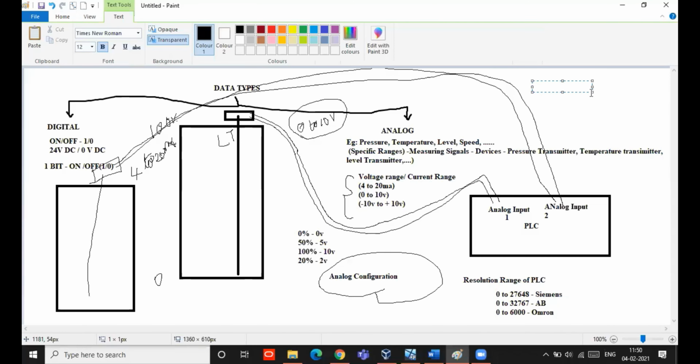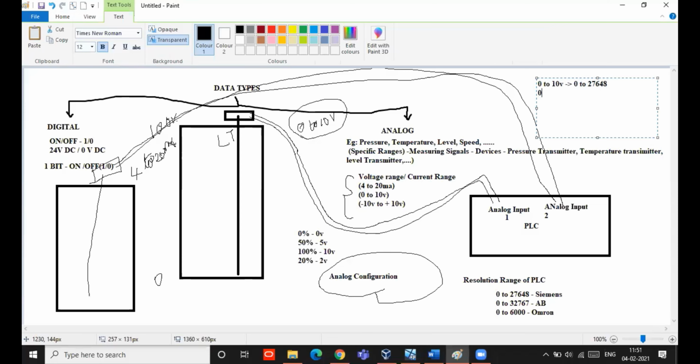It will take like this only. It will convert this range of analog signal, like 0 to 10 volt, automatically to 0 to 27,648. How will it be converting?